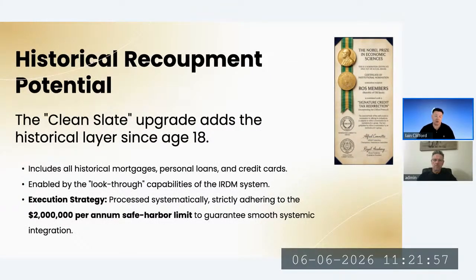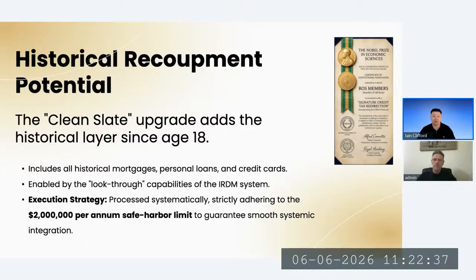And you can go all the way back to the age of 18. Now, for many of us, if we go all the way back and try and scoop everything up in one go, that will equal more than $2 million. So my recommendation is that you identify the big things that you've done, like mortgages. What was the face value of the mortgages? Have you had loans and credit cards? Was there a time when, and maybe you still are, where you spent a lot out of your bank account? Did you have a business with a bank account? Add all these things up and you'll probably quite quickly come to 2 million.